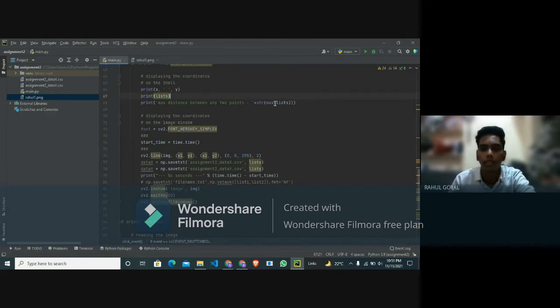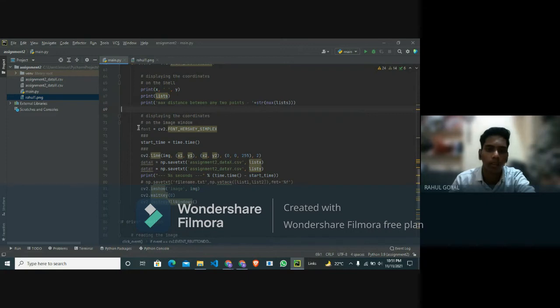Str maximum distance, and the maximum distance is found using the max function, where the max function basically works to find the longest distance among all the distances between 2 points.